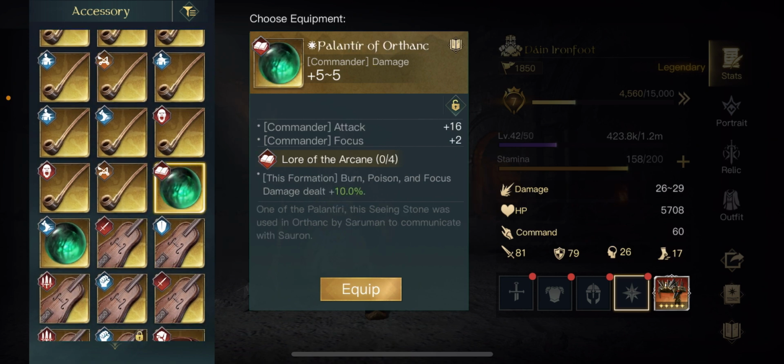But really, what you're looking for is a Palantir. Now, I know, because I've already been through my gear, that I cannot make a good physical damage set, unfortunately, using the Palantir. And this is where you've got to use your brain a little bit. So the Palantir is plus 16 attack scaled up to 48, because it's always 3 times the base value of